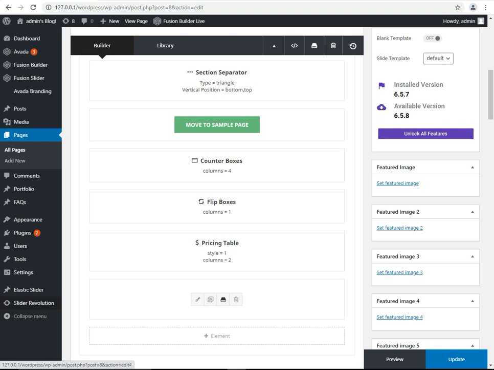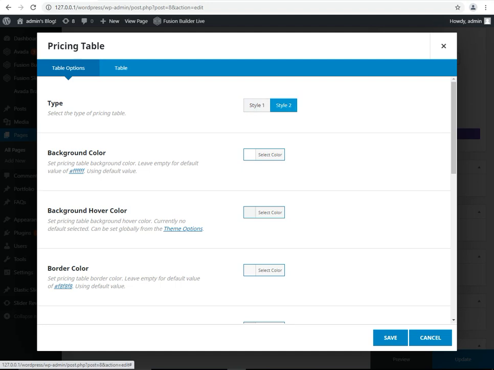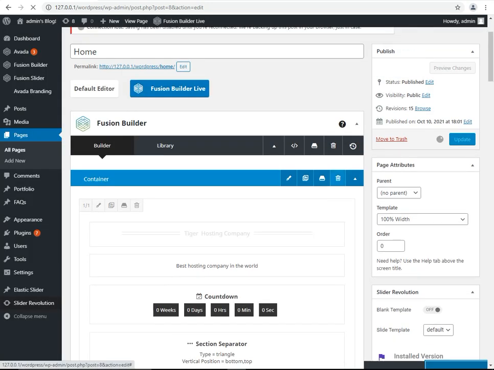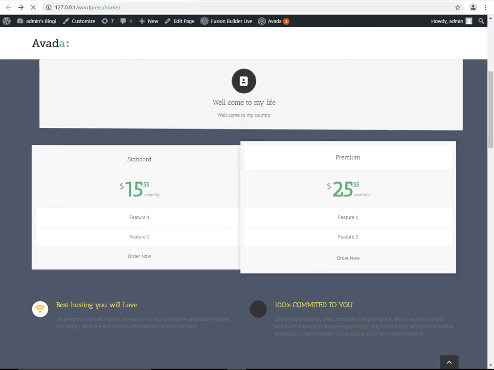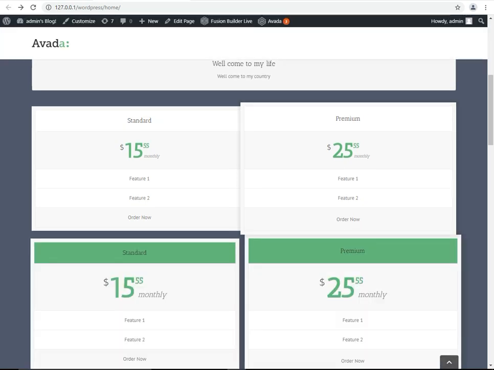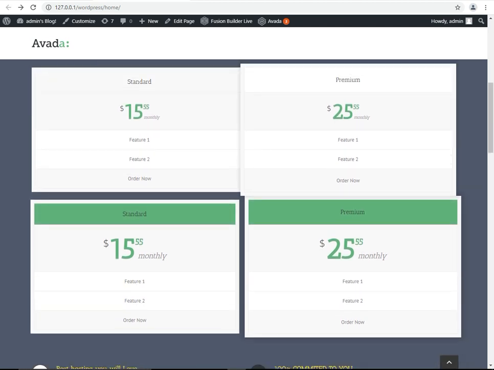We are going to add the next style. I am going to copy this, change it again, then we set different settings here. We use style two. Press save, press update. The system will update this. Going to refresh. Now the system shows the next pricing table. The next pricing table is a little bit different. This heading uses a color, this heading uses a color, but this heading does not use a color. We can add different types of features here.